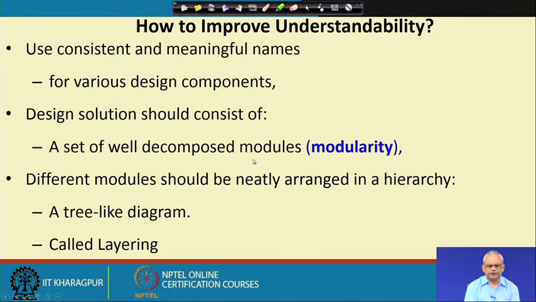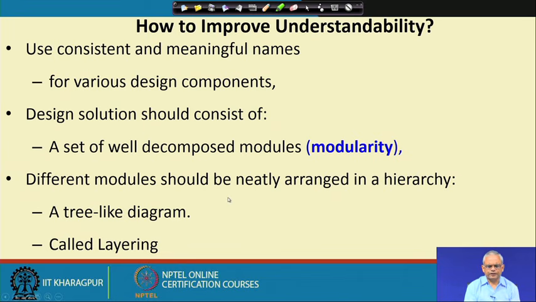But this is an important characteristic: the design should be modular and the modules should be well designed. Just an arbitrary set of modules is not a good design, the modules should have been well decomposed,